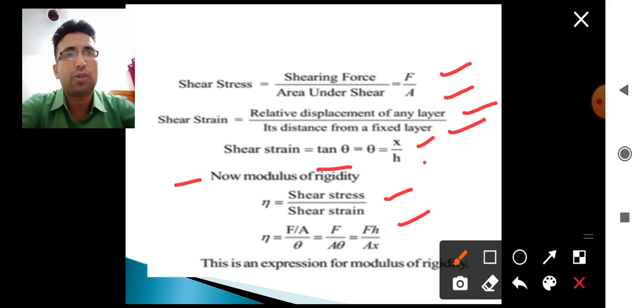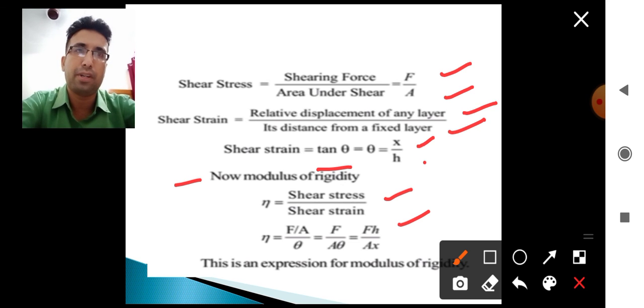In this way we can calculate all the three moduli, by which we can calculate a number of parameters in terms of the nature of the substance, the nature of the body. Young's modulus takes place in the case of solids. Similarly, rigidity modulus is also applicable for solids, but the bulk modulus is applicable for all three states.